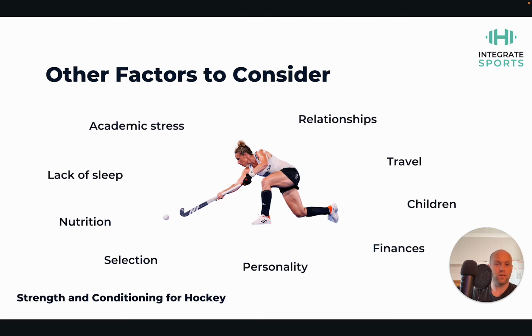Mentioned about children, that's obviously a key one. Travel and relationships as well. And relationships is not just partners and that kind of thing, but just with family, friends. Maybe someone's going through a sort of turbulent time. All of these factors have to be considered in creating a system that accounts for these things. And that's why having something like inbuilt heuristics, flexibility, ranges within training sessions just means that we can adapt things